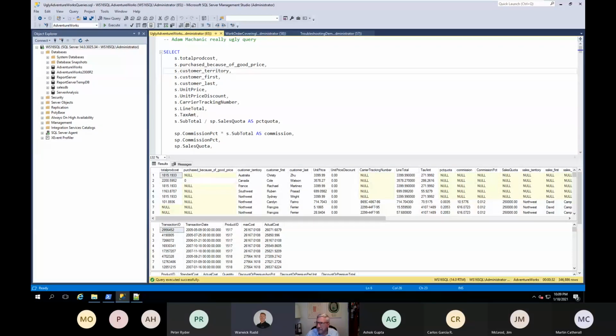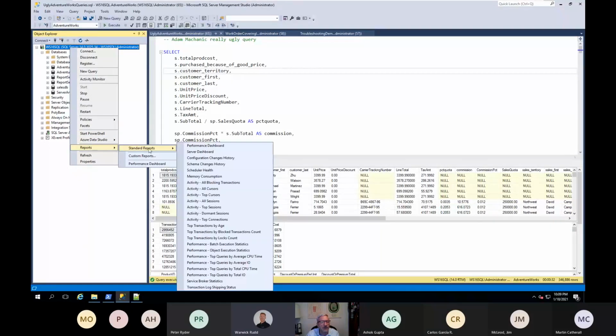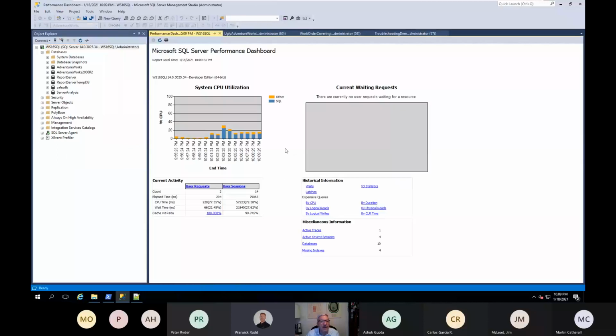So, Alan, with regards to the Performance Dashboard report, how accurate is the report from a CPU point of view? We've noticed at work it doesn't quite report accurate CPU. I have not asked that question of the team. My guess is that it's bringing this information back from DMVs, so it's as accurate as those DMVs can report for whatever reason.